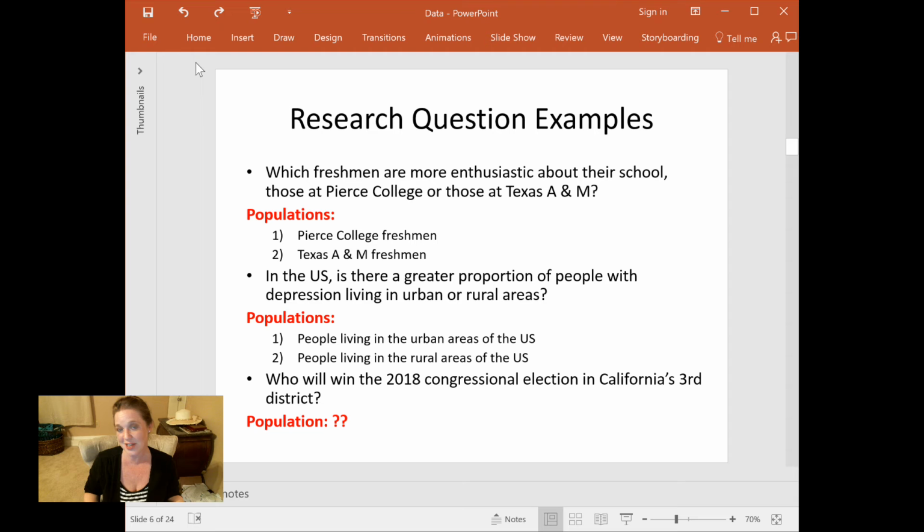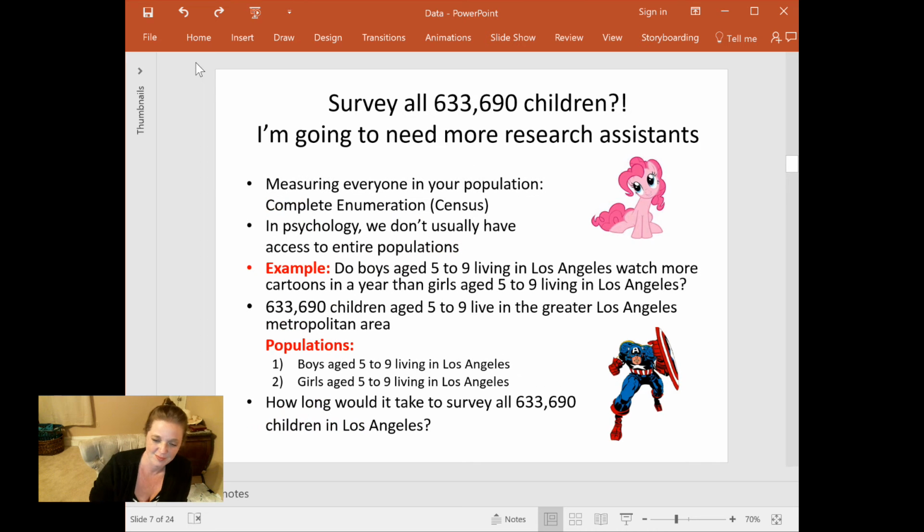And if somebody answers yes to all 3 questions, we can feel fairly confident that they're going to vote and vote the way they say they will when they call them up on the phone. But that's hard, right? It's a hard population to define. Some future group of people who are going to vote in 2018. So population is all the people you're trying to make a decision about, right? All the people you're trying to draw a conclusion about when you ask and answer a research question.